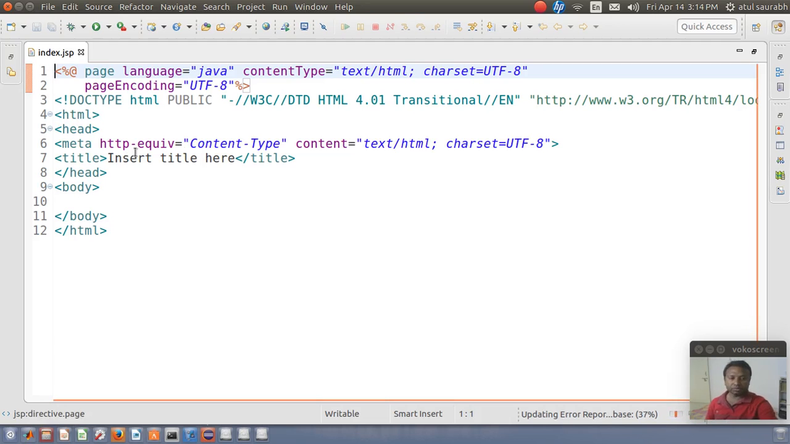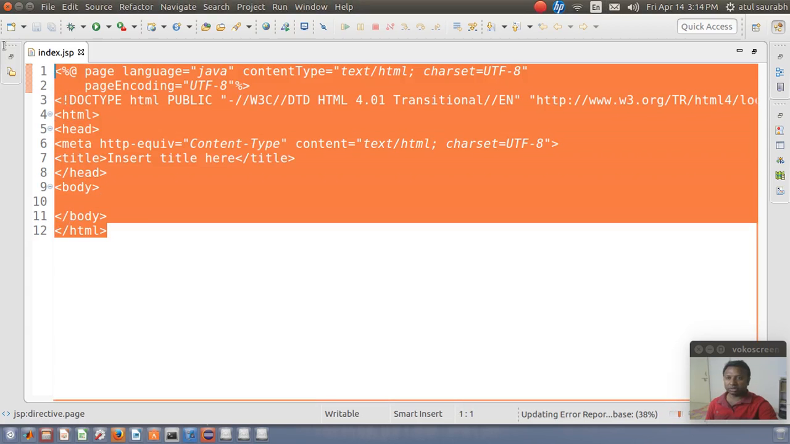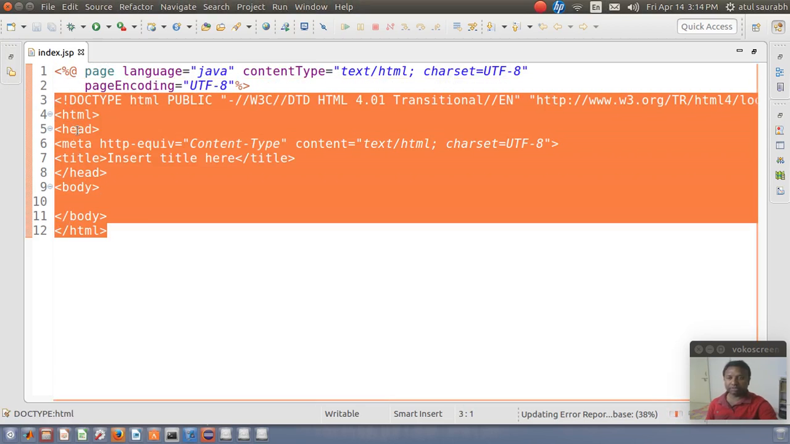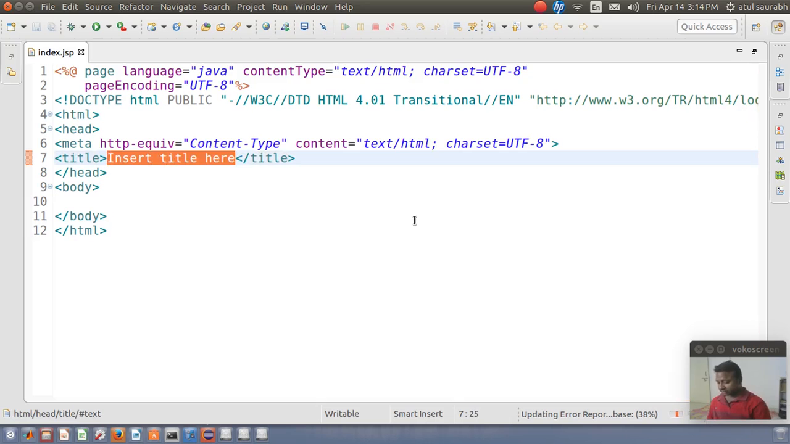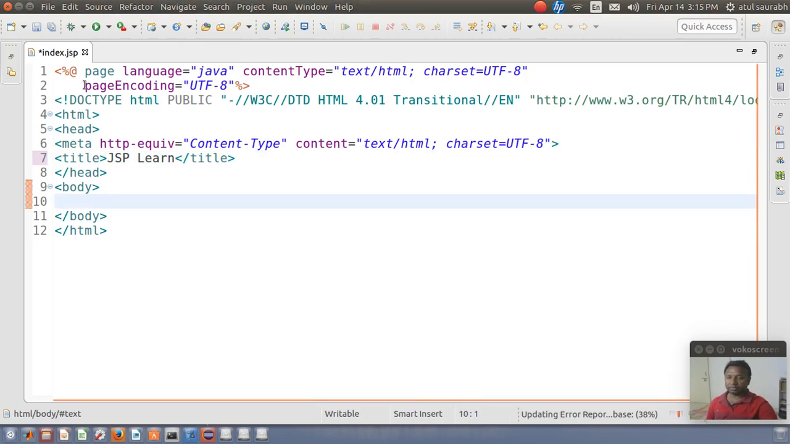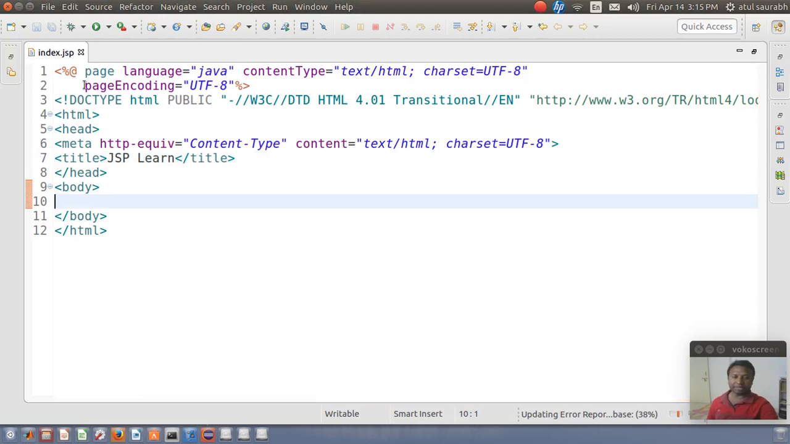Now as I told you, the JSP is nothing but HTML embedded with the Java code. So this is all HTML stuff. No need to explain what we mean by the HTML and the body, head, etc. So we are going to put a title here. The title is JSP learn, and for the very simplistic program, I just want to print hello world from JSP